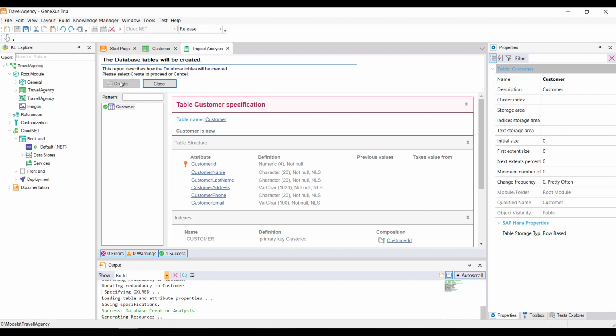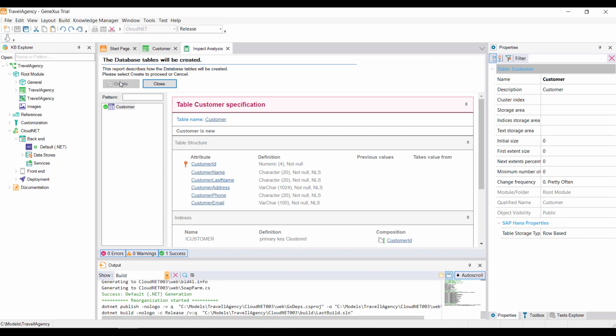So, Genexus starts to create the necessary programs to create the database, which didn't exist, and the customer table with this structure in the database. Next, Genexus executes those programs, and the database is created.